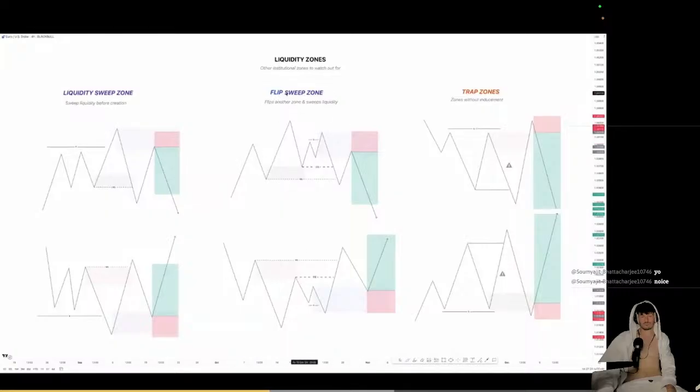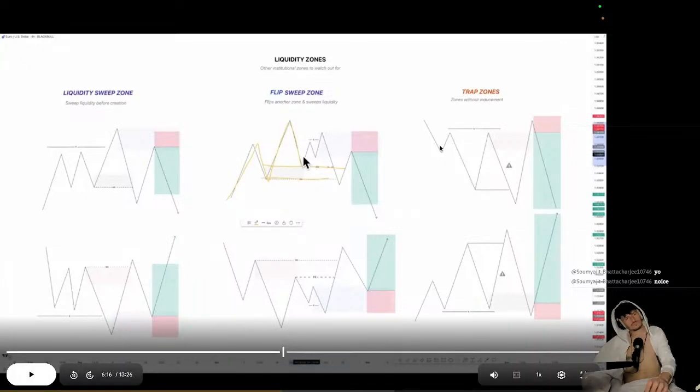And then next is a flip plus sweep zone. So a flip plus sweep zone is basically the same thing as your flip zone, which we have been through already, but instead, when price was creating that flip zone, it swept available liquidity. So in this case, price goes up, pulls back, goes up there. Once again, a demand zone is formed right here, and then price comes down here, taps into this demand zone. Remember, if the demand zone